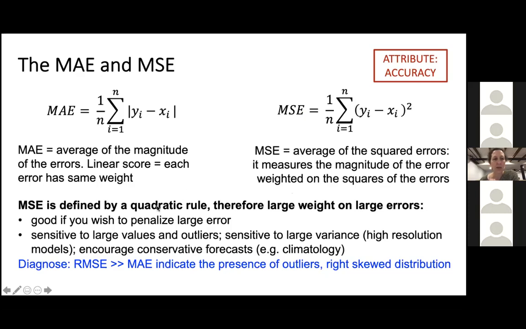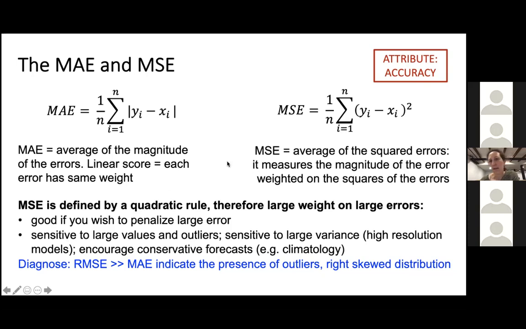Because the mean squared error is defined by a quadratic rule, the large errors have more weight than the small errors. So this is good if you want to penalize the large errors. It might be interesting for winds, for example. We don't care about weak winds, but the ones that, for example, damage houses or lead to large impacts, we want to verify that the model got those right. However,